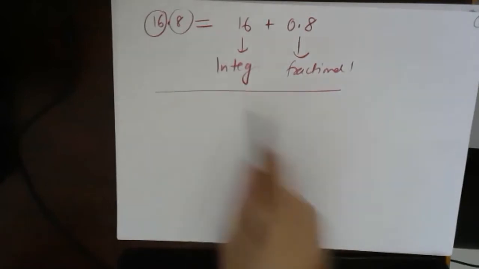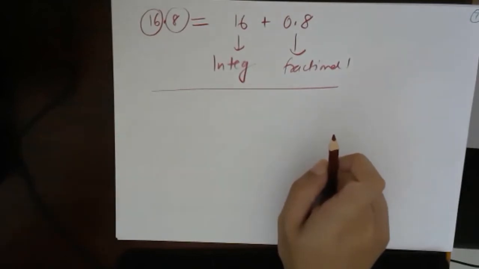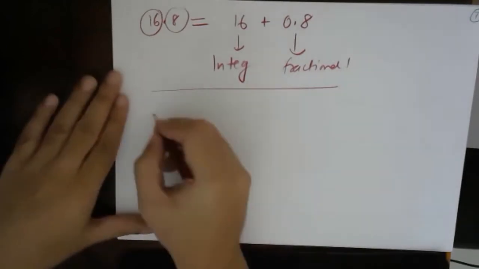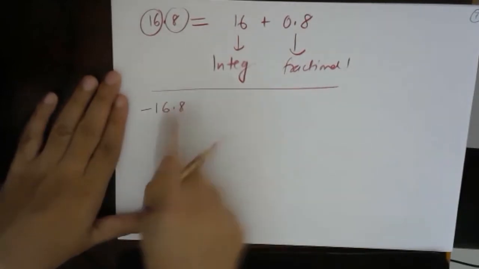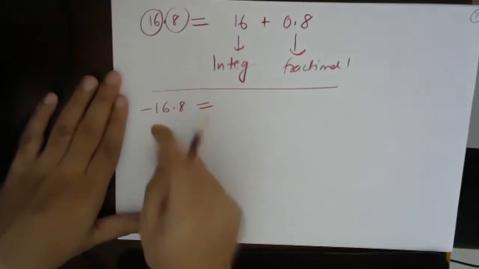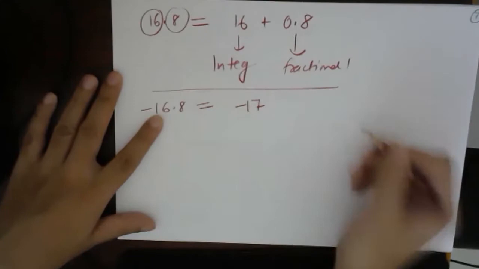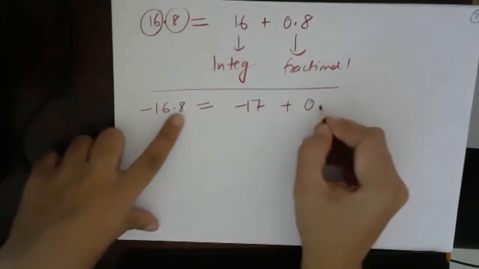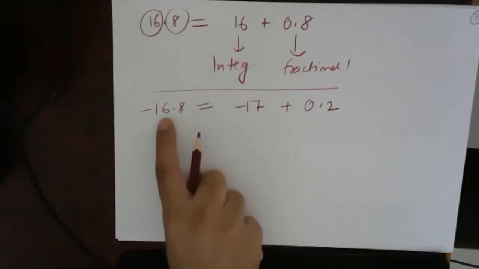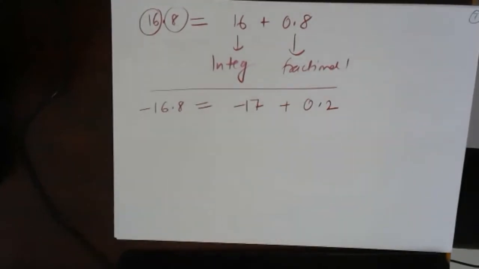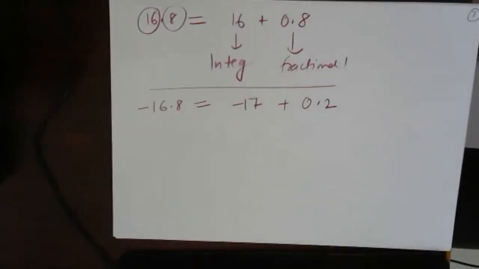Okay, so this is the integral part and the fractional part. In case of negative numbers, what will I do? Suppose you have minus 16.8. In case of a negative number, just reduce one. So what will be the integral part of this? The integral part will be minus 17 and the fractional part will be 0.2. The integral part will be less than this and the fractional part will be like this. Understood, everyone?